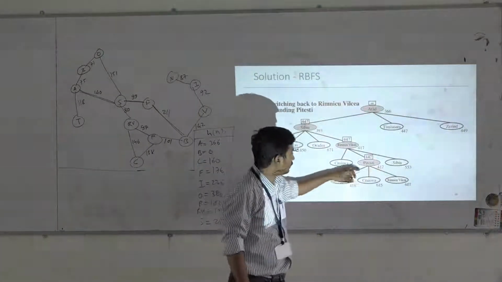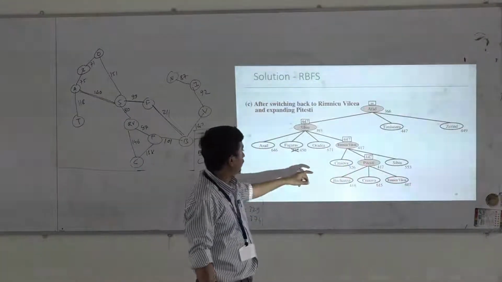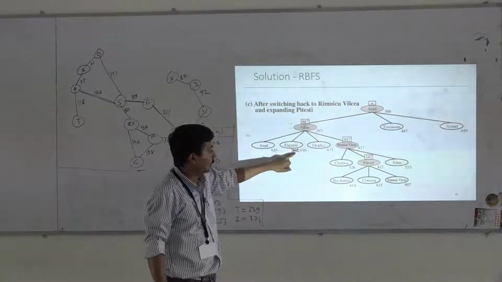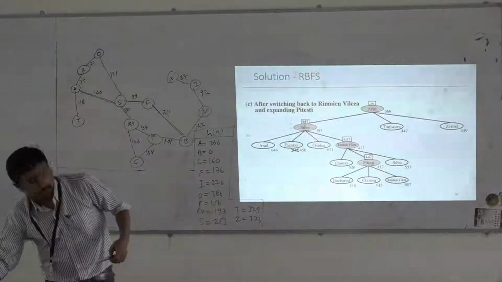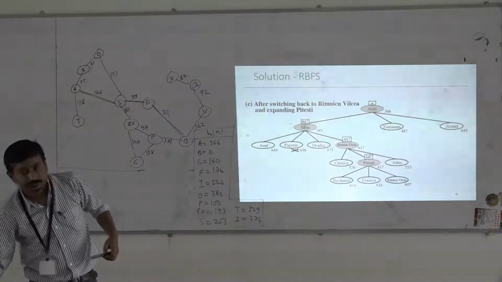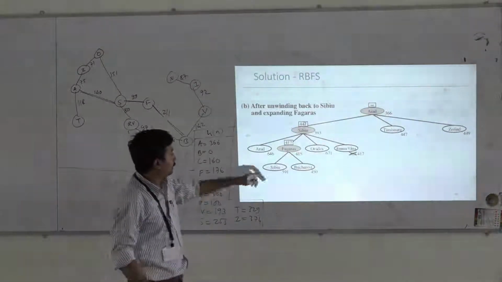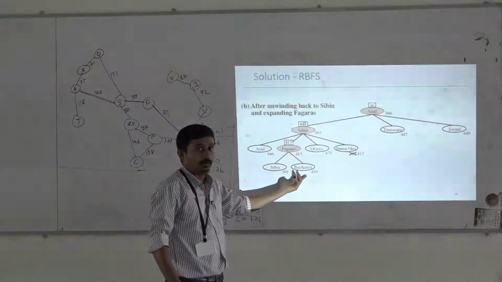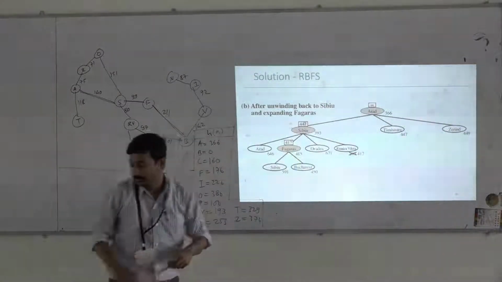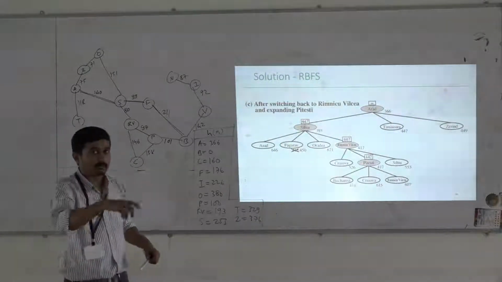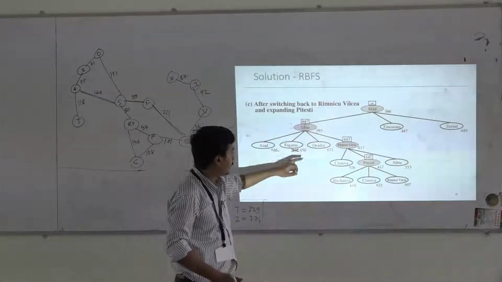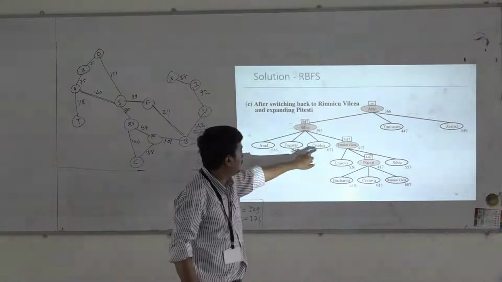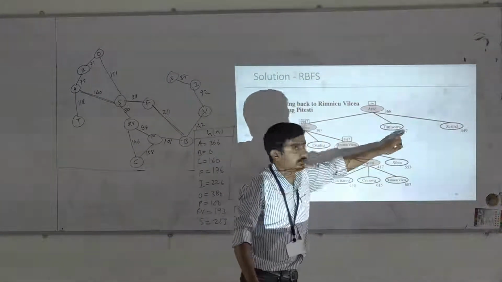Then for this, the best alternative solution is, we have to update the f value of this FCT also. Why? Because we have to update the f value of this FCT with the minimum value of the f value of its child, that is 450. So we have to update that. Otherwise you will fall in a loop, right? We have to update these values. For this the best alternative is the minimum of this and this. This is the minimum one, right?